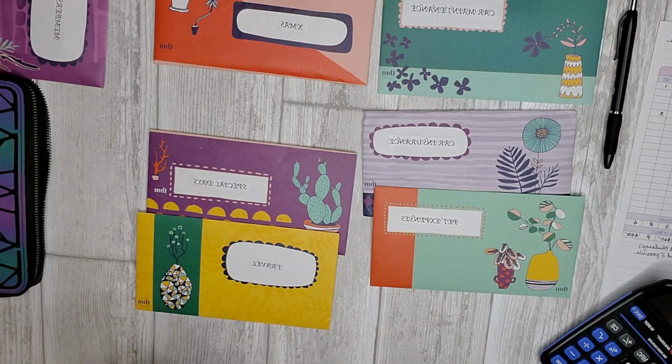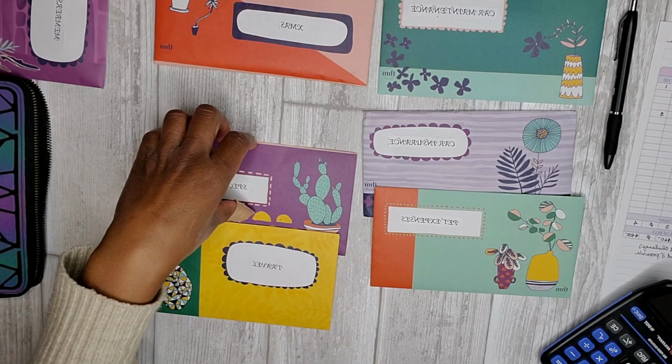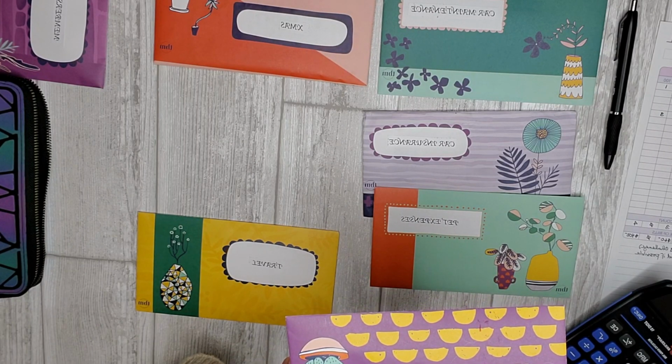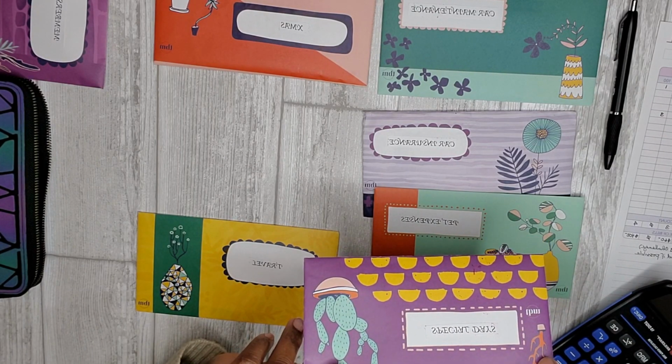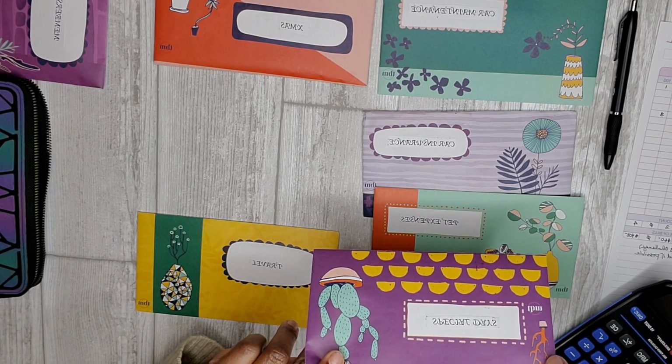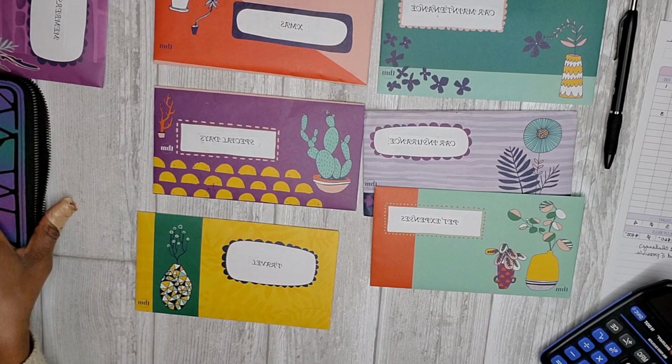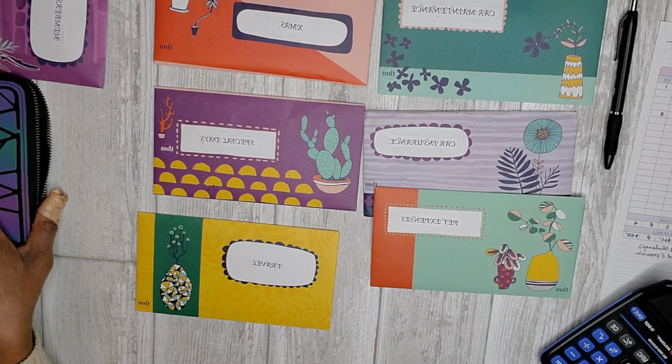All right, the other one that I added $10 to was my special days. So I wanted to add actually $20 according to my budget this week. So I will be adding an additional $10 as I start to add money. I may fast forward to some of these parts just to make sure I stay within a reasonable time frame,